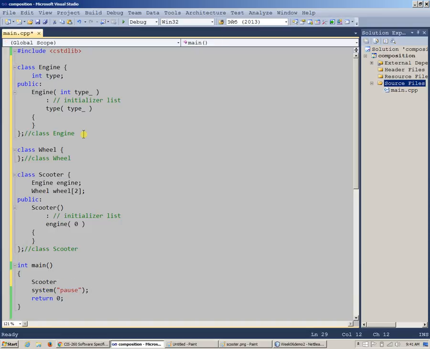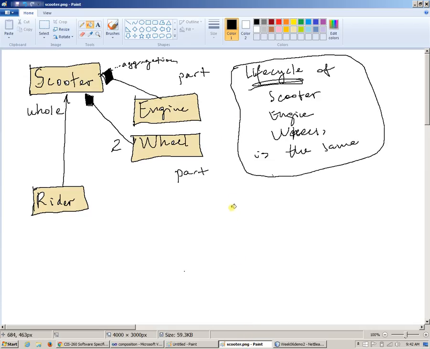But at this point, if I create the Scooter, right, in C++, I don't have to use new. I can just basically populate it like this, and I can create objects just like this, and this way the object is created, and basically the constructor for the Scooter will invoke the constructor for the Engine, and then the default constructor for 2 Wheels, and this is a specific constructor, right, which will take the type 0, and so this type will be populated. So in this case, at runtime, if I execute this program, which I'm showing you here,